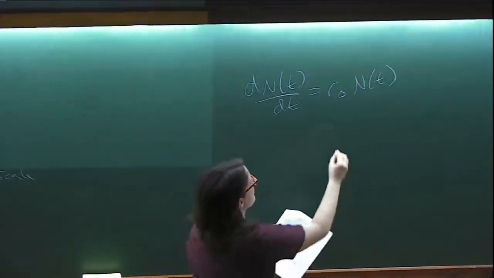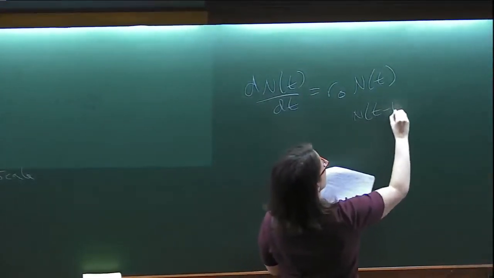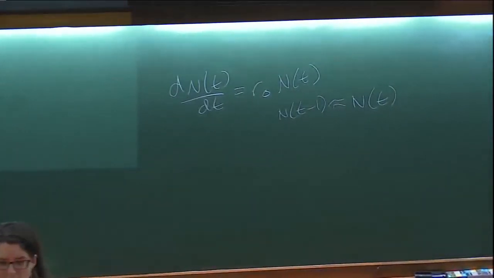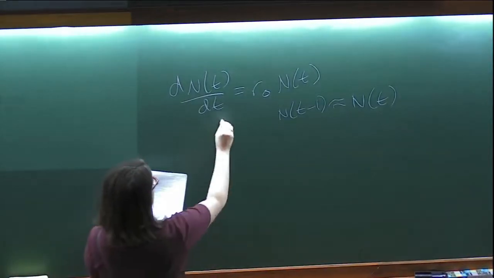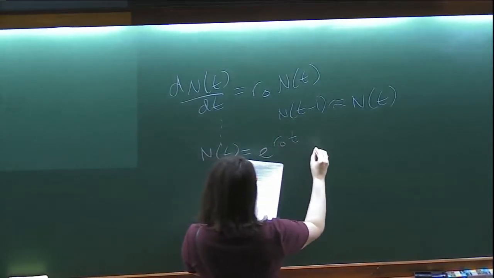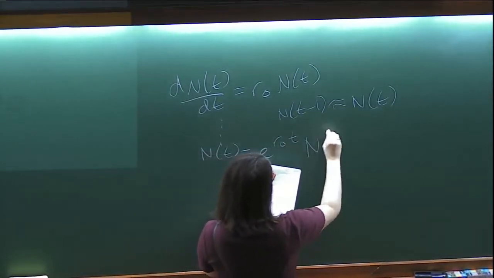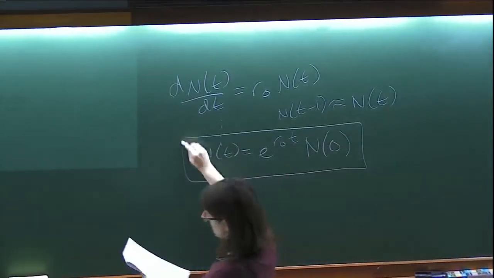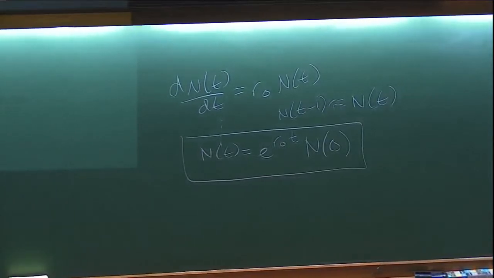Right? Because for very small time steps, if my time steps are very, very, very small, infinitesimally small, then the difference in population size from one time step to the other is very small, and I can write it like that. All right. And then, of course, we can solve this differential equation and eventually, some math happens. So here's one equation. And here's another.